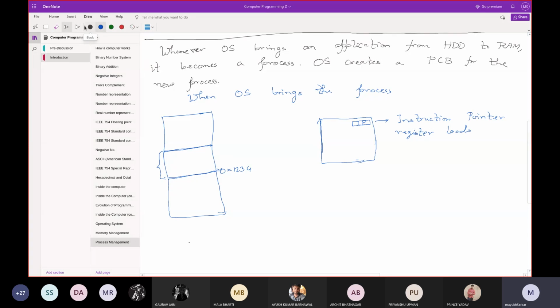So the instruction pointer register is loaded with the first instruction address of the incoming new process.